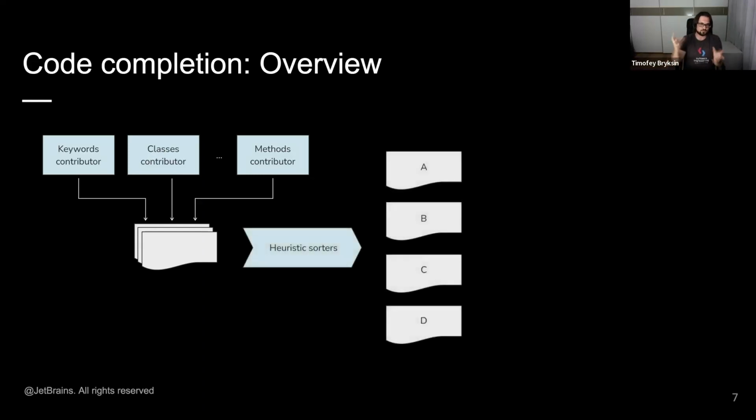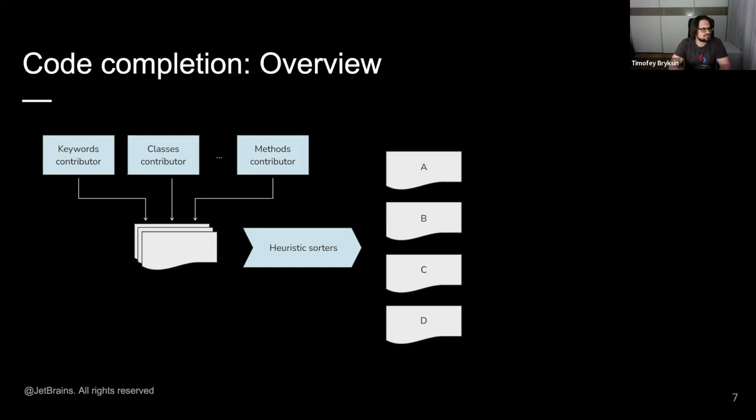Okay, so again, IntelliJ IDEA has more than 20 years of history, and we obviously implemented a lot of manual heuristics to sort this suggestion list. The most obvious one, I guess, is the logical proximity heuristic. We treat the names differently depending on where they are defined: if something is defined in the same method, like a local variable, or in the same class, or in the same file, and so on. With everything else being equal, usually the closer the item definition is to the current position, the better for us.